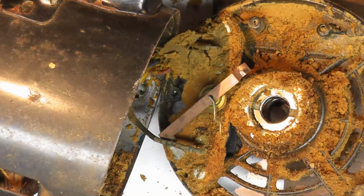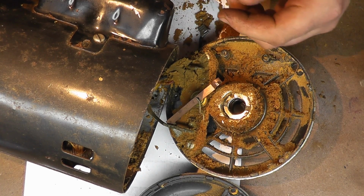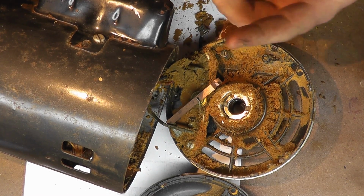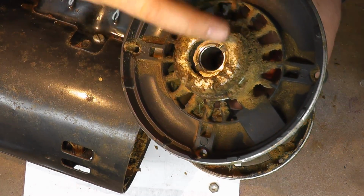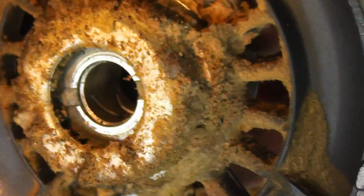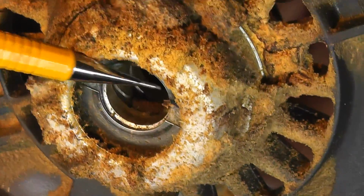The other interesting thing is the bearings in this motor. Like I said, I'm not sure how old this motor is, but this looks exactly like the one that my father had on his table saw, and his was from the late 70s, 78, 79. And what these have is the same type of bearings that are on the lathe motor, where you have basically inside here, you can see the metal bearing surface in here, and then if I can get the light and the angle right, there is a wiper pad there, and